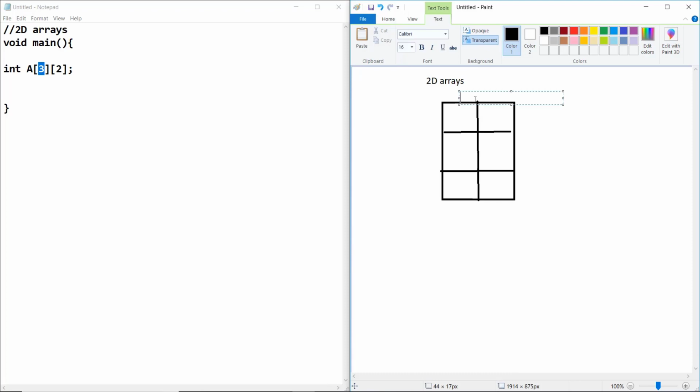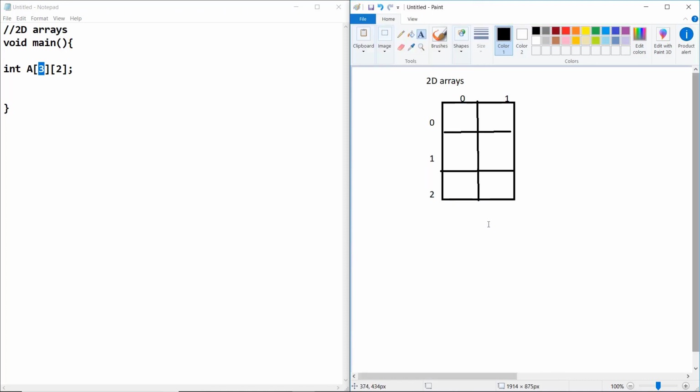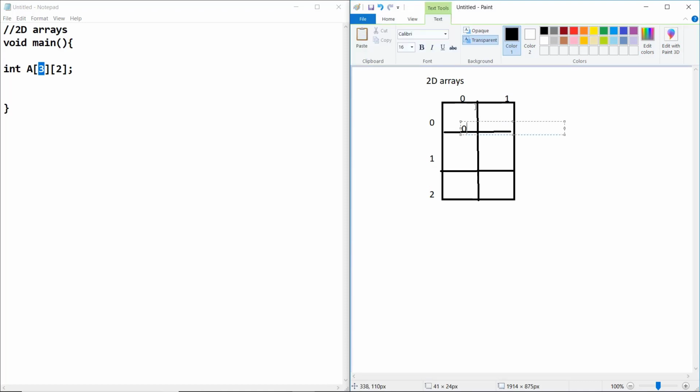The address of this column is 0, and the address of this column is 1. This row is also 0, this one is 1, and this one is 2. So this address is 0, 0. This address is 0, 1.